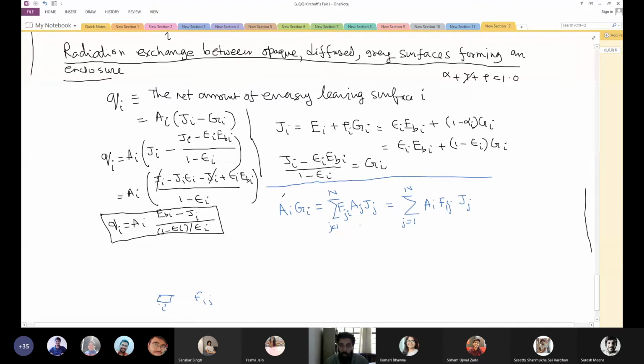Next, we can cancel, as I said, that it will come back later, but for the time being we have gi equals summation of Fij Jj. All right. So now for the second equation, I will use this to substitute gi. So what I got here